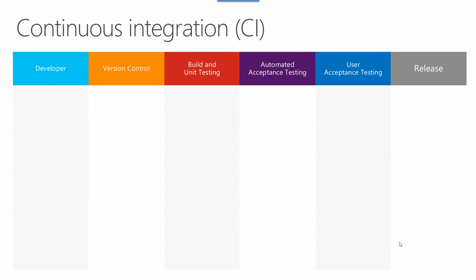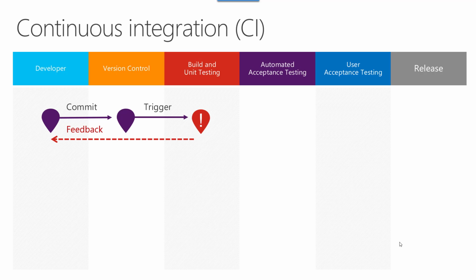Let's look at that from a different angle to make more sense. When the developer starts committing the code to the source control, it will trigger the build automation. And if you remember, the build automation will start creating the artifact, the package, and all this. Maybe the unit testing will fail, which will bring feedback to the developer that they need to fix. Once the developer fixes that and commits the code again, and this time the unit testing passes, all my quality gates pass, which will trigger creating the artifacts, packaging the artifact, and storing the package in the repository.